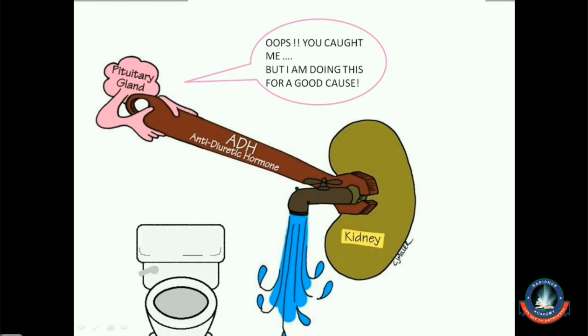In case the pituitary gland does not produce ADH, what happens is your urine becomes very dilute and a lot of water is eliminated from your body, which is again not a good sign. Some substances that lead to the increased production of urine are coffee, tea, liquid diets, alcohol, etc. Now the increased production of urine is also known as diuresis. So the substances which increase the production of urine are known as diuretics.